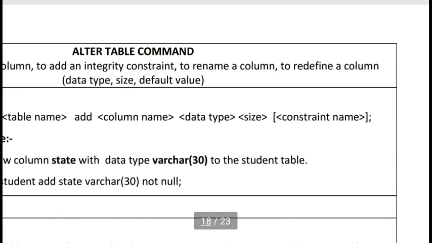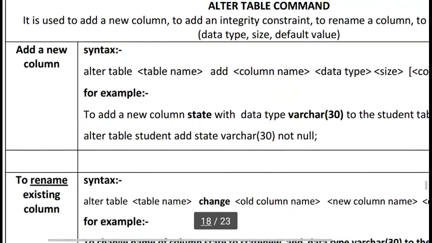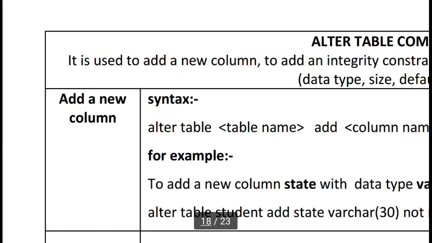a column, such as changing its data type, size, or default value. We can also change, add, or delete. So all types of operations we can use to control our table structure. The basic operation, mostly always asked in the exam, is adding a new column. Suppose you already created a table but you forgot a column. Don't worry, there is no need to delete the complete structure; we can change the existing structure with the help of ALTER TABLE.